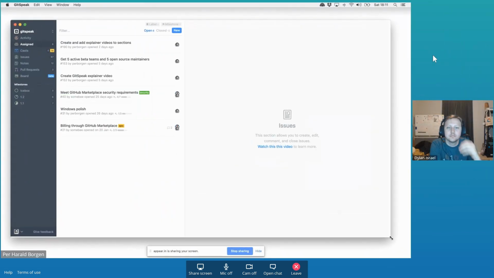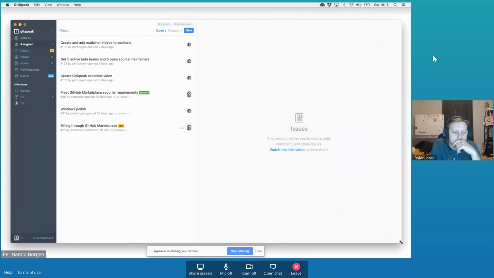GitSpeak is basically a project management tool focused on developers. All of our efforts towards building this go into making the developer experience as good as possible in terms of managing projects. You'll probably recognize some features from other project management tools. Then you'll also see that we've taken the Scrimba technology and implemented it, trying to turn it into a better tool for communicating around code. Because that's what we've been trying to do from day one at Scrimba: just making it easier to communicate code.